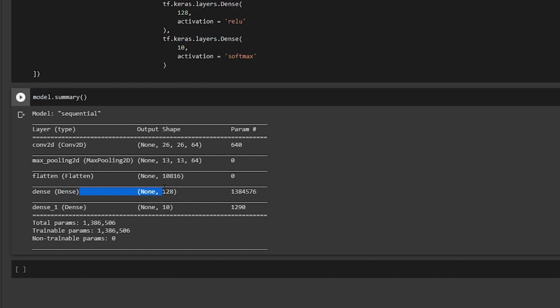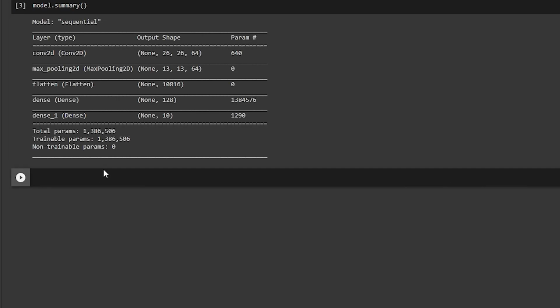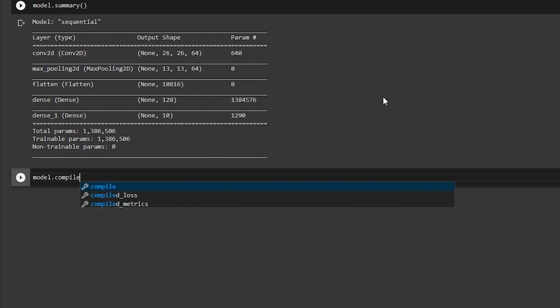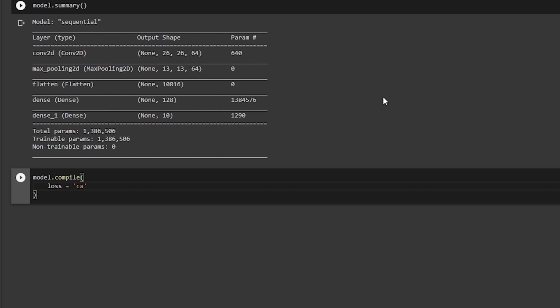Then I am applying a dense layer of 128 neurons, and then one more dense layer which is the output layer of 10 neurons. This is going to yield me the predictions with the softmax activation function. Now the next step you are completely aware of: we have to compile it. So compile, and now my loss is going to be, let's say, categorical cross entropy.